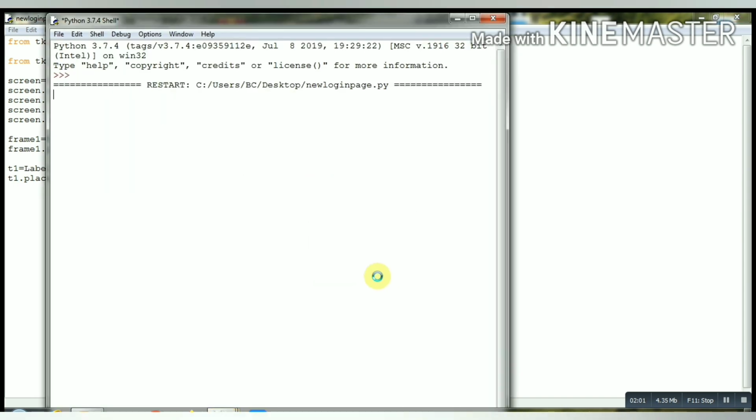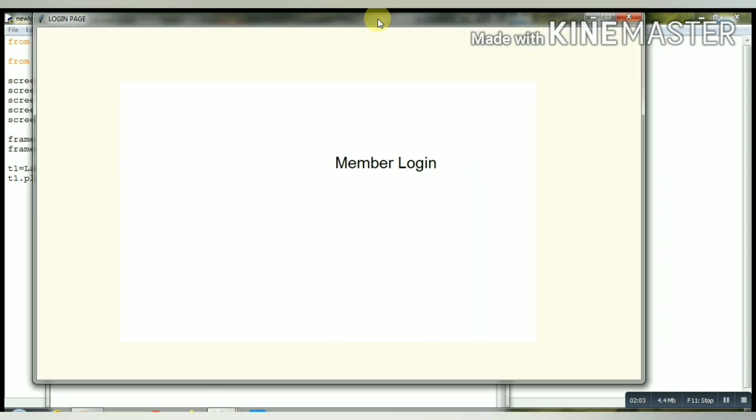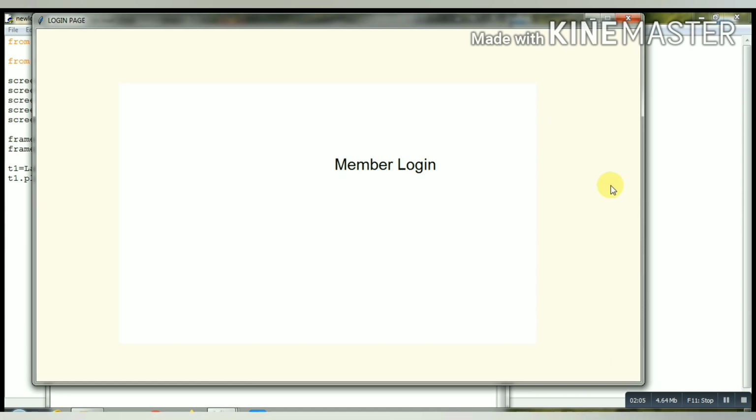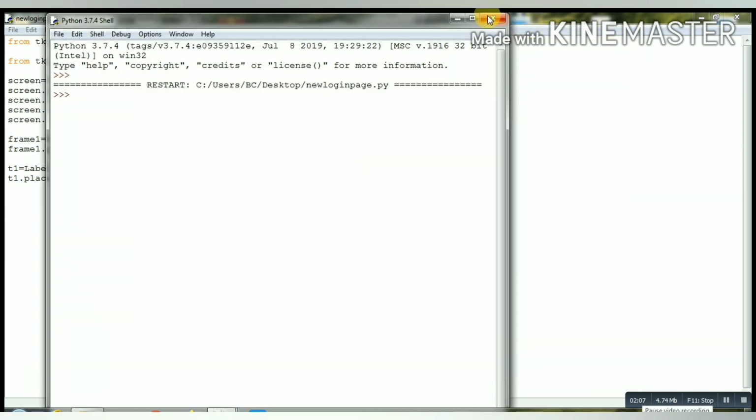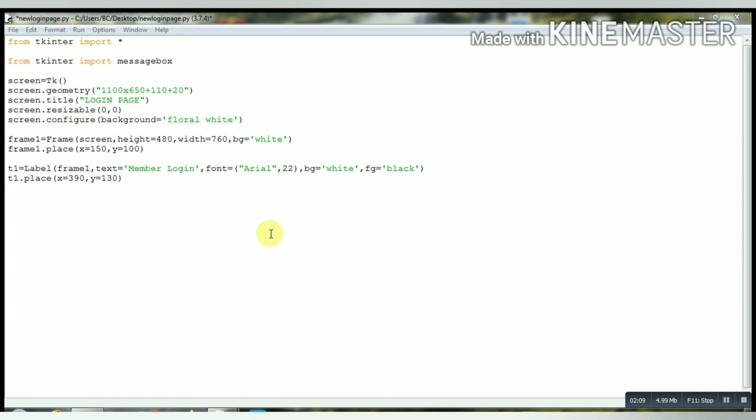Okay, it looks like this. Close this. Now we will define an entry box, I1, in frame1.